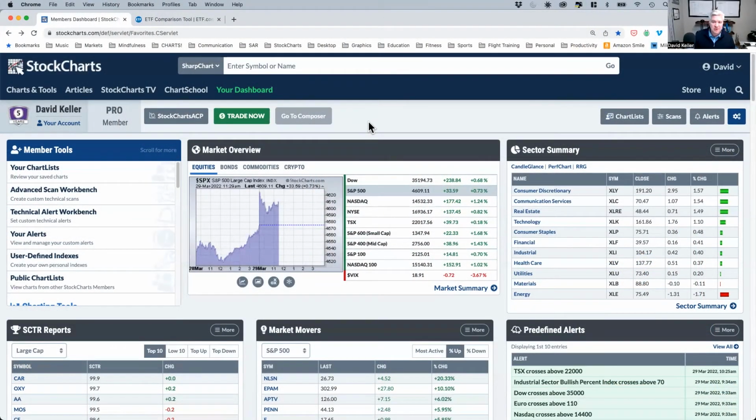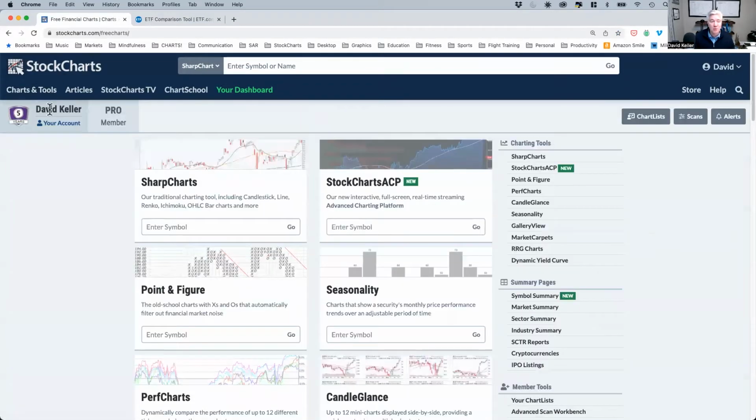Let's get to the charts. So here we're looking at the StockCharts platform. And again, I just want to share with you a couple of things that I found that are really, really helpful. Most of the stuff we'll probably talk about are found in this area of the website called Charts and